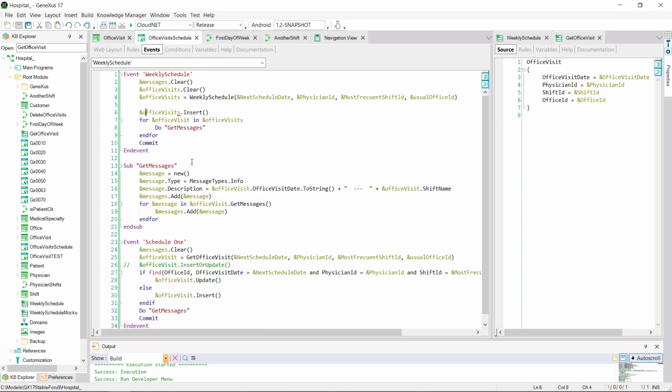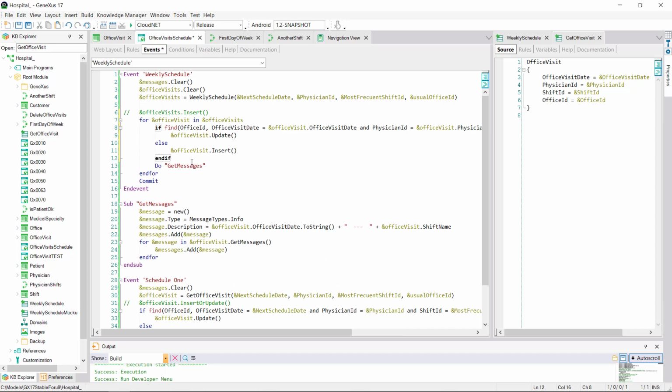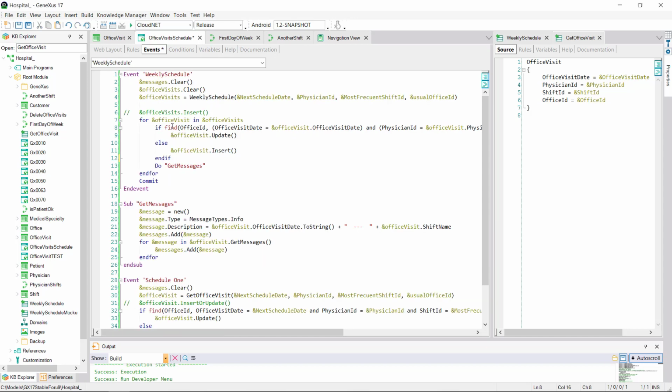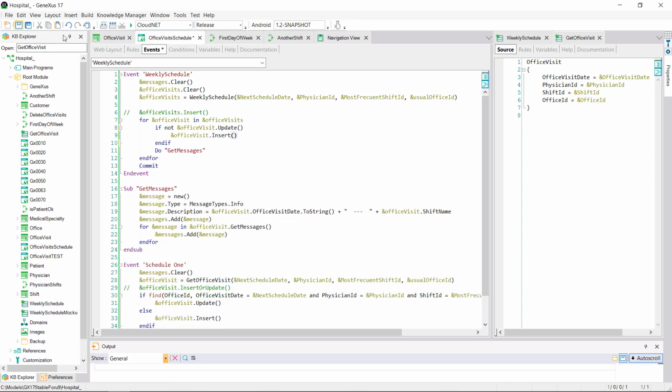How do we change the code we had to make it work like this? It's no longer useful to launch a massive operation on the collection of the 7 items returned by the data provider. We'll have to work individually, running through the entire collection, and in each case, checking for the existence of the record with that key. Here we must use the data of each BC. Or, if we want to do it a simpler way, we try the update, and if it doesn't work, we try the insert. Let's do so.